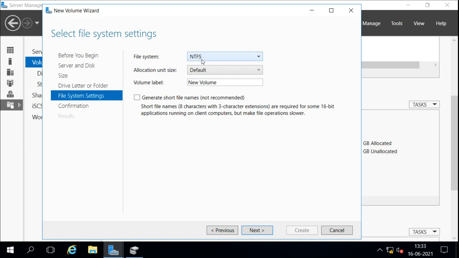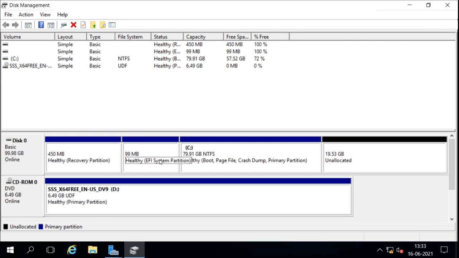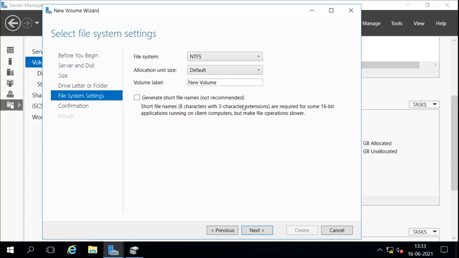But from the disk management tool, we can use FAT, because this disk management tool is from the old versions, so it supports it. Now allocation is default, volume name you can give any, and here there is an option that says generate short file names. This is not recommended. Short file names mean 8 characters with a 3 character extension. That means whatever file you create inside this partition, you have the option to create a short file name.